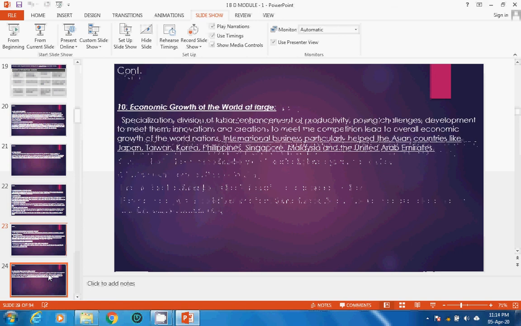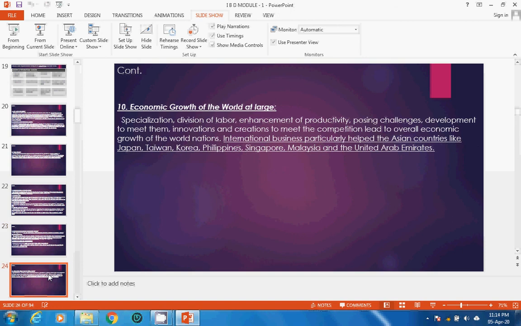Economic growth, the world at large. Specialization, division of labor, and enhancement of productivity posed challenges, and development to meet them, innovations and creations to meet the competition, led to overall economic growth of the world nations. Therefore, international business firms particularly helped Asian countries like Japan, Taiwan, Korea, Philippines, Singapore, Malaysia, and